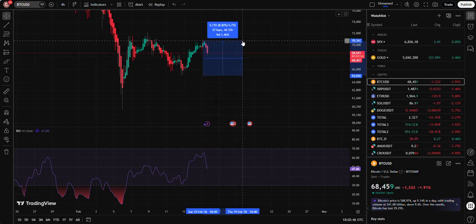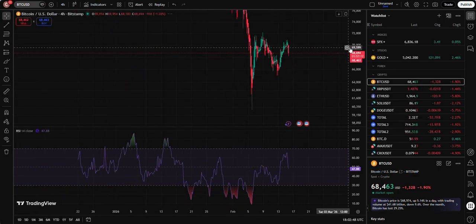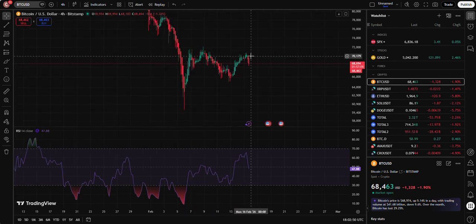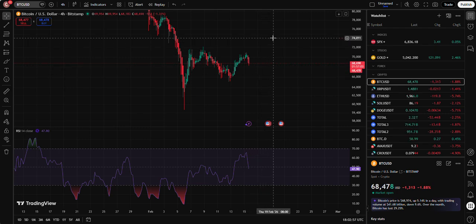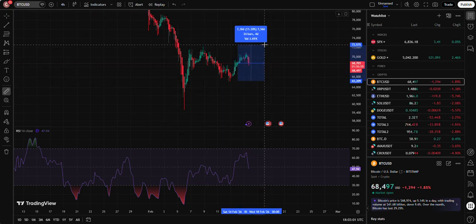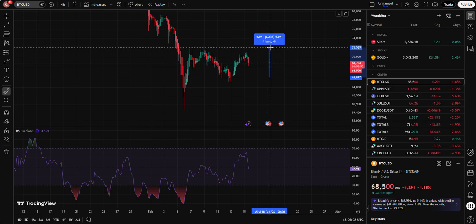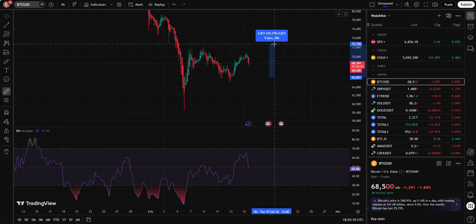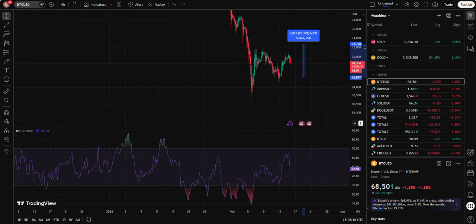Here, 8. So here we don't know, maybe we'll go more down or it will go a little bit until here and it will go up. Let's see how much up it can do. From here until here, 11%. If we ignore the spikes, 10%, here 72. So 72, 74, we can have the price come back to 72, 74.